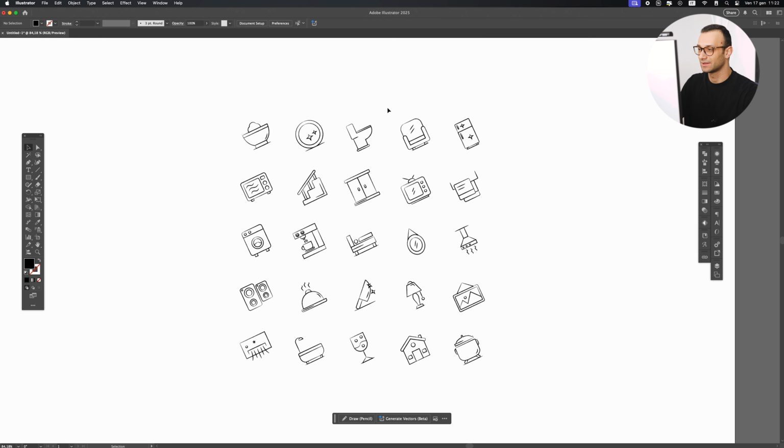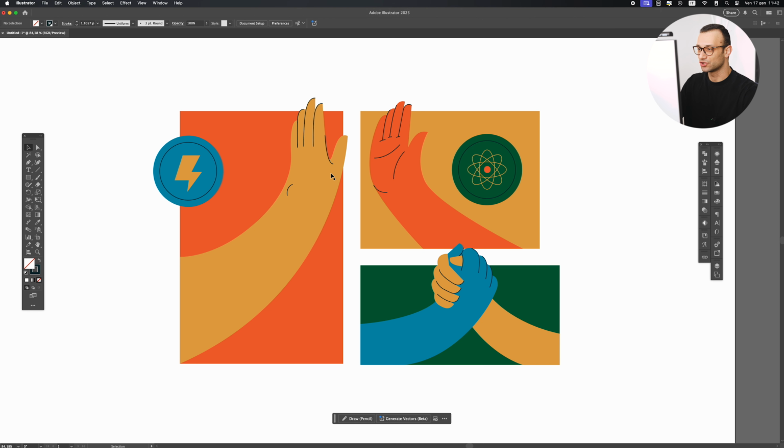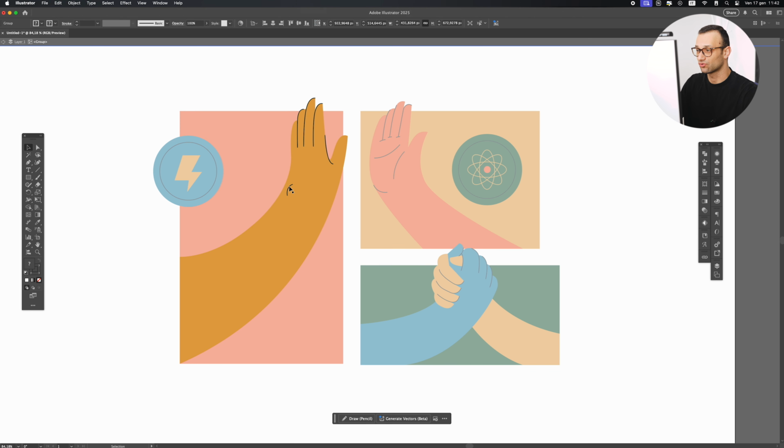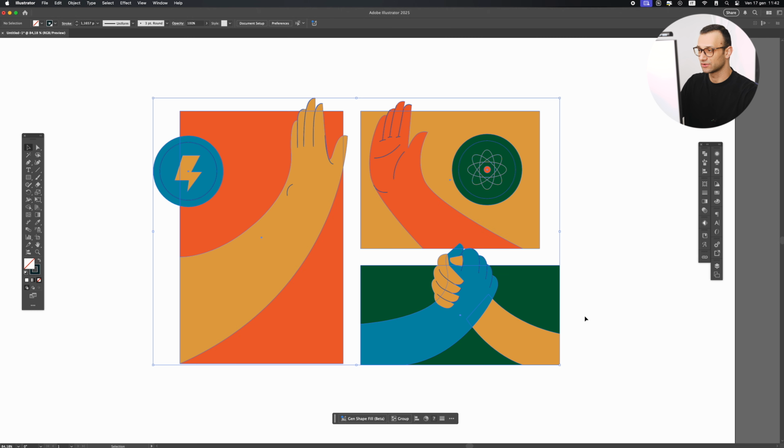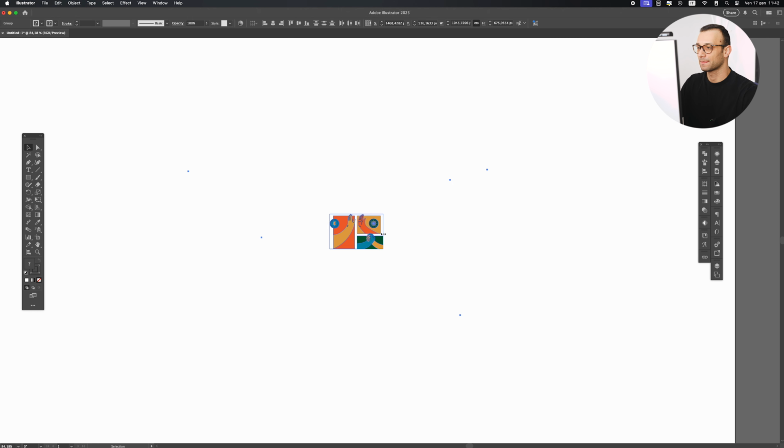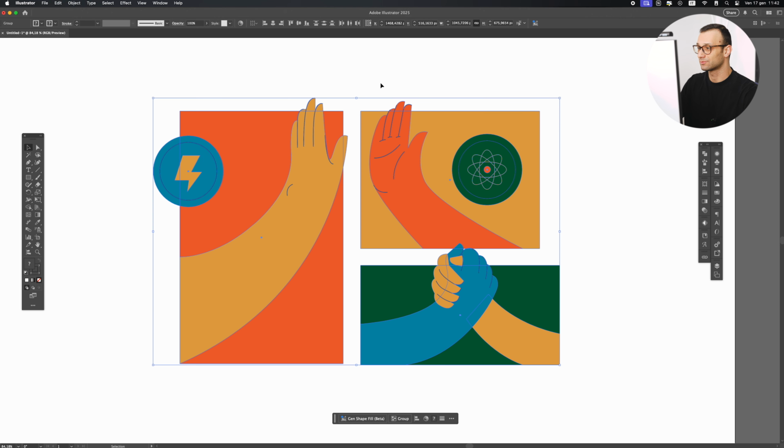Let's move on. Another frustrating issue arises when you have to scale down something with a stroke, as you can see in this image. Here's what usually happens. Your first instinct is probably to expand the object and scale it down, but then you lose the original stroke